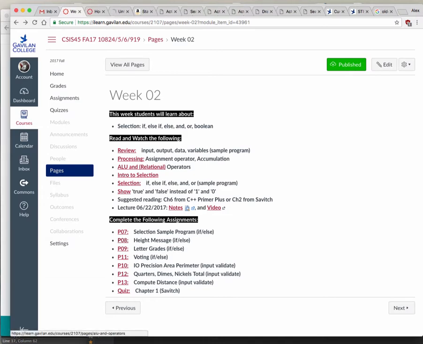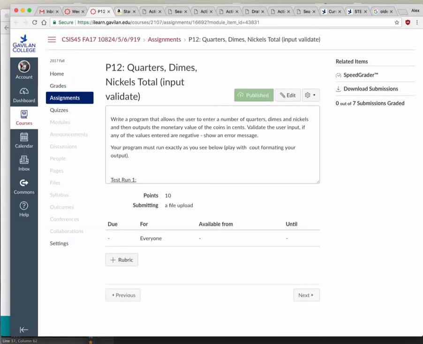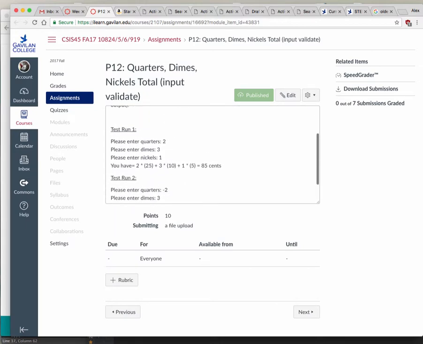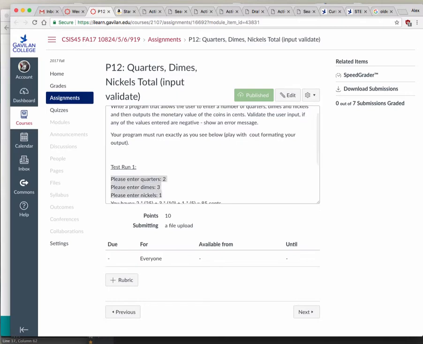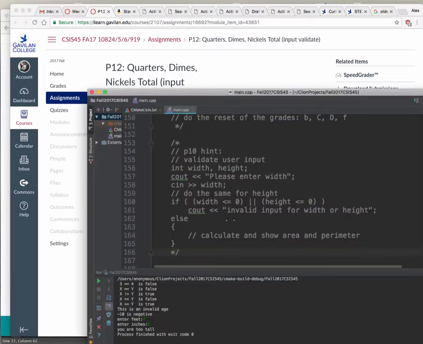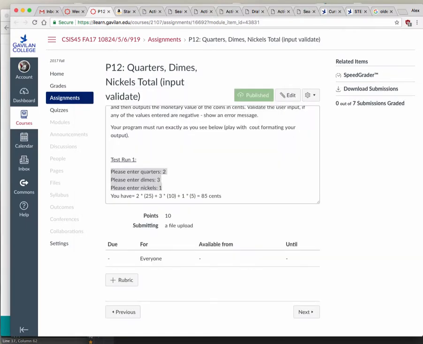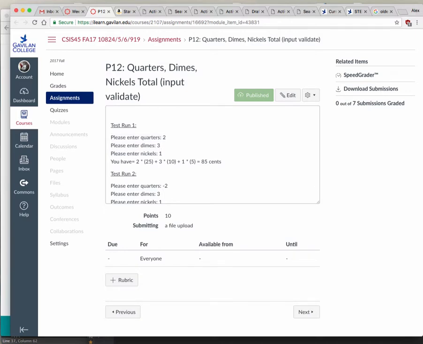IO precisions, quarters, nickels. Write a program that allows the user to enter a number of quarters, dimes, and nickels, and then outputs the monetary value of the coins and cents. Validate the user input. So basically, the user enters all these different things, and you're going to validate. This is the P10, P11 hint. You know how to validate input. If any of the values are less than 0, give them an error message. Otherwise, calculate what the value of things are. So all you have to do is,